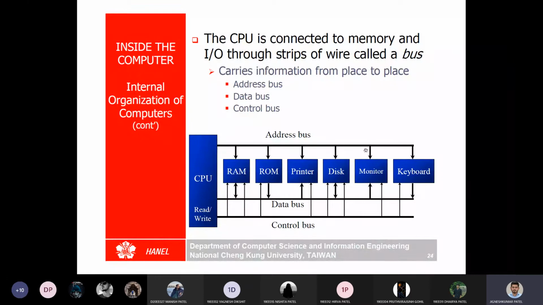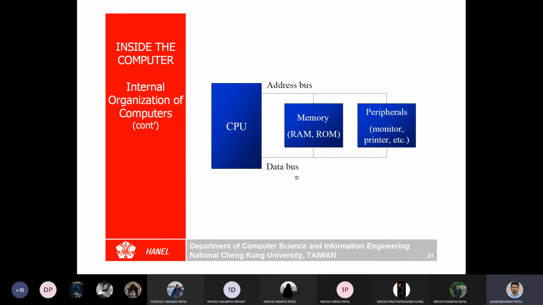But this is the general architecture of your CPU. If you are asked in an exam to explain the internal organization of a computer system or a general purpose computing system, you are going to draw this diagram and explain what is address bus, data bus, control bus, what are the input devices, what are the output devices, what are the peripherals, and what is the CPU. You just have to write 1 or 2 lines about all of these things you see in the figure.